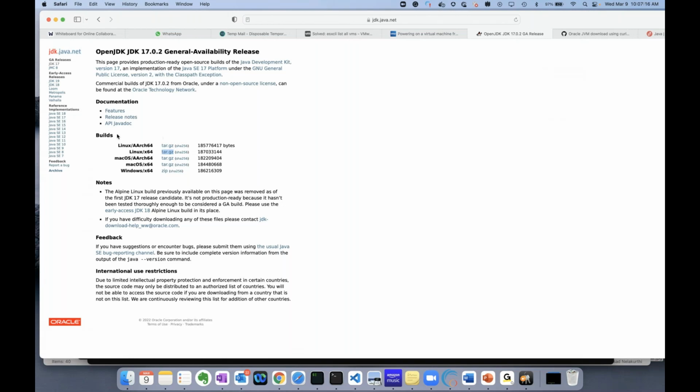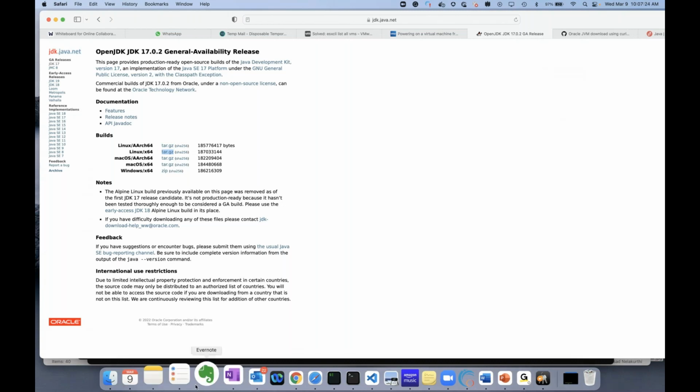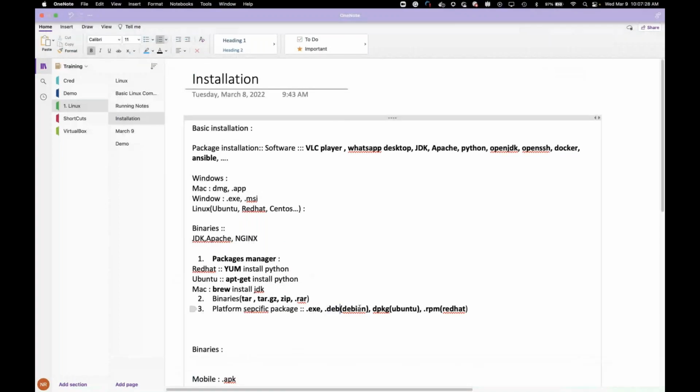So if you want to install directly, Debian or RPM, you can download the particular version of the RPM file or Debian. So a particular version of dpkg or rpm for Red Hat, like jdk 1.8.0 underscore build 137.0. So you can download this rpm file and install it with the help of the rpm command, or something for Ubuntu or Debian. You can download the dpkg packages and install them,